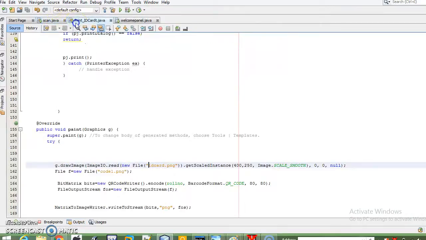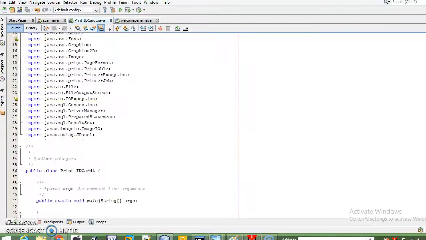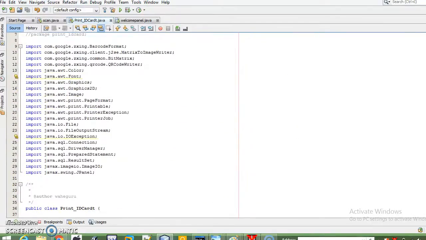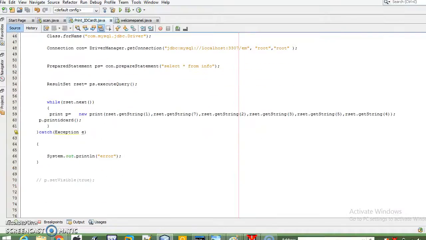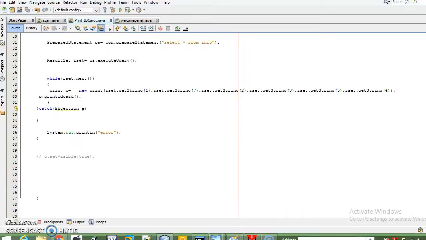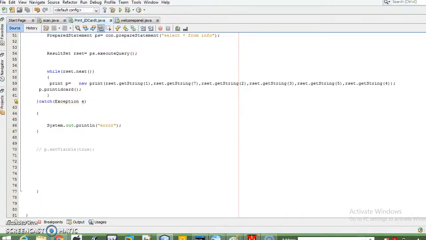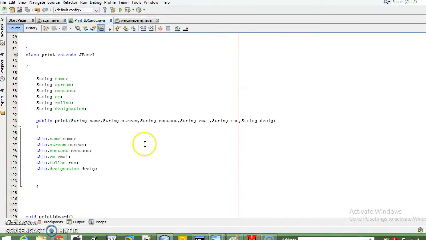the print ID card module. What this module does is that whichever persons have registered for the event, the ID cards are printed using this module. Okay, let us quickly go through the functionality. There are some libraries included. Then this also makes a connection, because it also wants to fetch the information of whose ID card it wants to print, and it passes all the information over here,